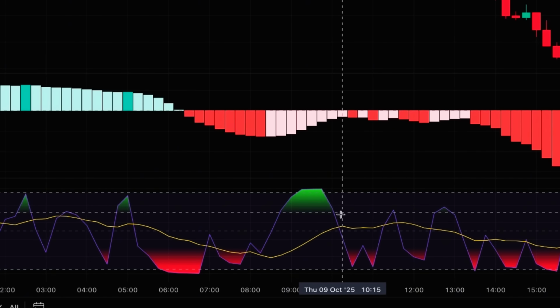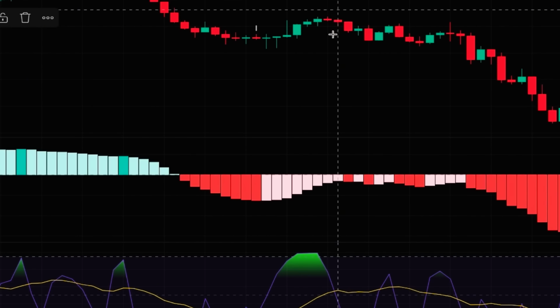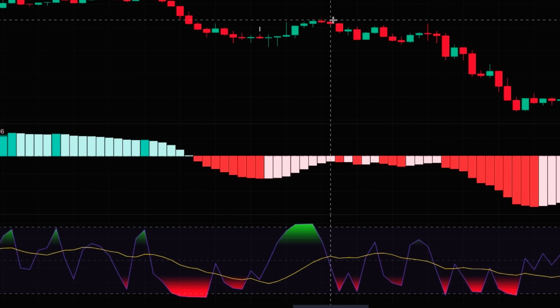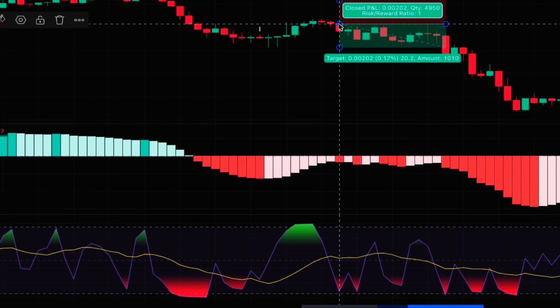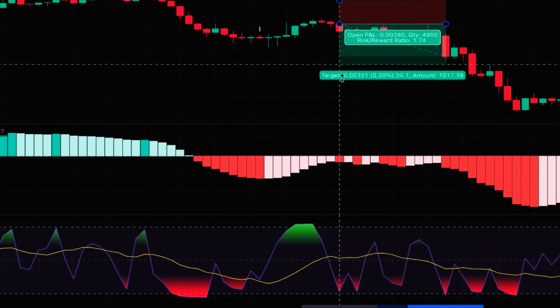We wait for the RSI line to close below its moving average line. When the RSI line is closed below this yellow line, this shows that probably the pullback ended and the price is going to decline more. So when the RSI line is closed below this yellow line, the sell signal is confirmed, and in practice we could enter a short position at this point with the stop loss above the pullback and profit target at 1.5 risk